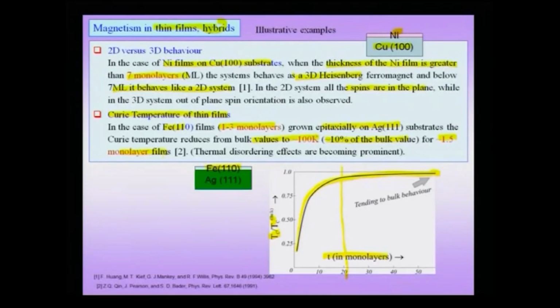Before we take up magnetism in hybrids, let us summarize this slide by saying that in very thin films, you have a 2D kind of behavior, and by very thin we mean in the order of a few monolayers. And here, as I pointed out, we are not really studying freestanding thin films, because freestanding thin films are difficult to study. So, these are typically films which are grown either epitaxially or otherwise on some kind of a substrate. Typically, the substrate of choice is a non-magnetic material like copper or silver, which is a single crystal, and these single crystalline overlayers, when they are in the small size regime, typically behave like 2D systems, and later on they start to behave like a 3D system for thicker sizes.